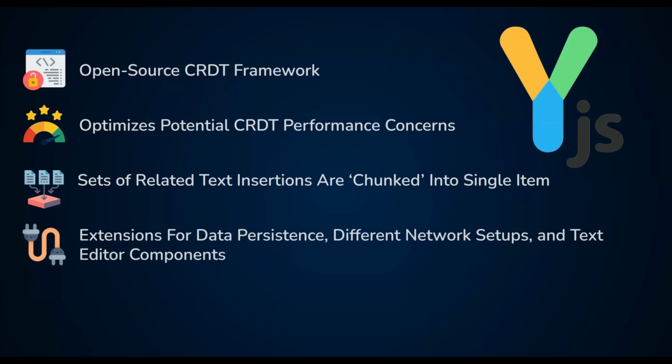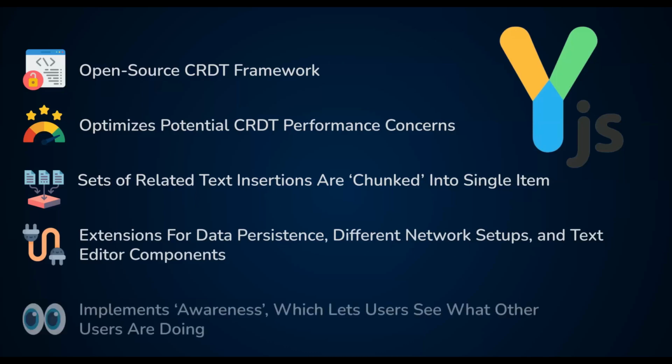YJS is tailored for real-time collaborative text editing, supporting a dynamic range of extensions for various network configurations, data storage solutions, and text editor integrations. Moreover, YJS leverages CRDTs to maintain and manage user awareness, allowing participants to observe each other's actions seamlessly as document